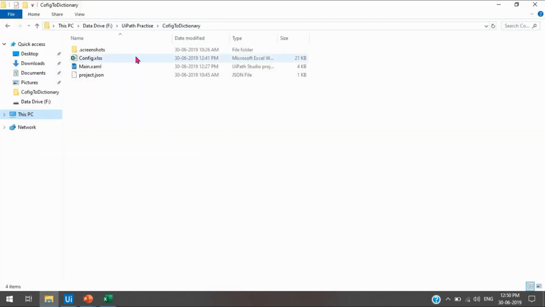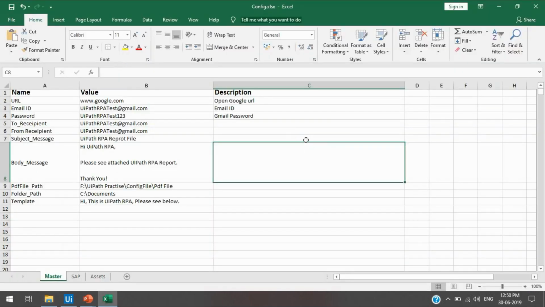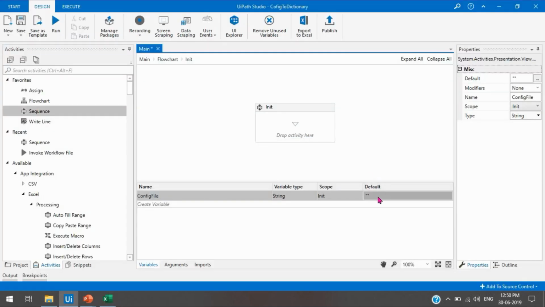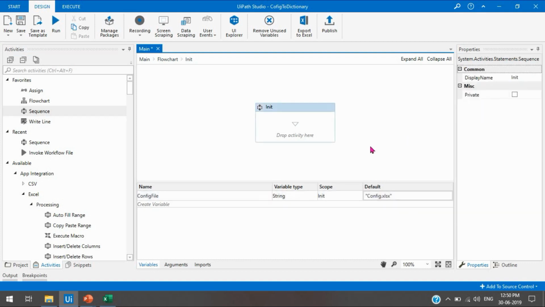We have the path here, config.xlsx. This is not under any folder. We can just pass config.xlsx here in double quotation marks, because this is under the project folder, so there is no need to pass the whole path.